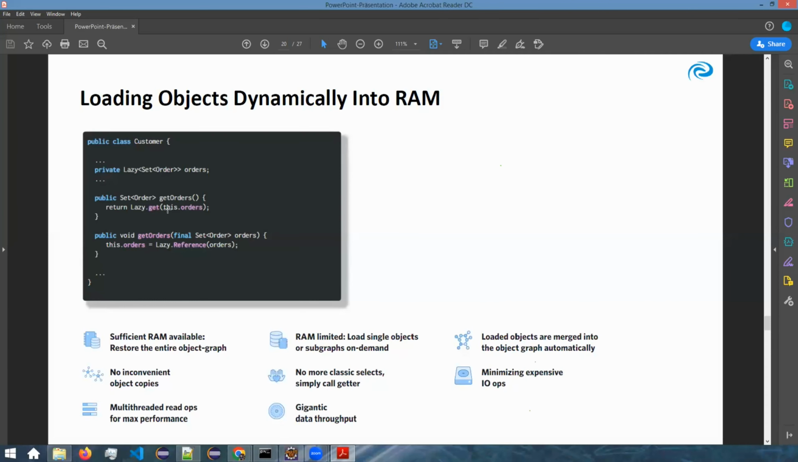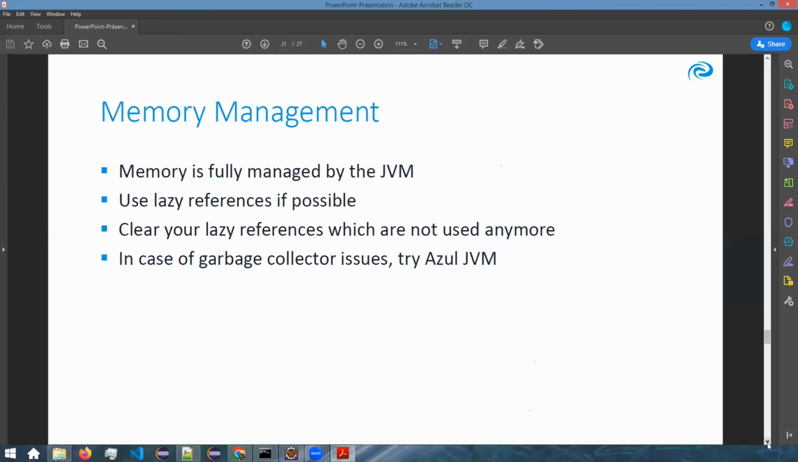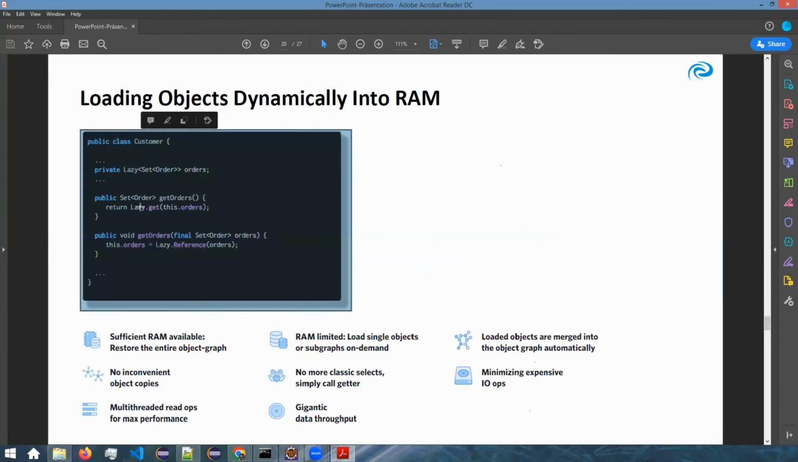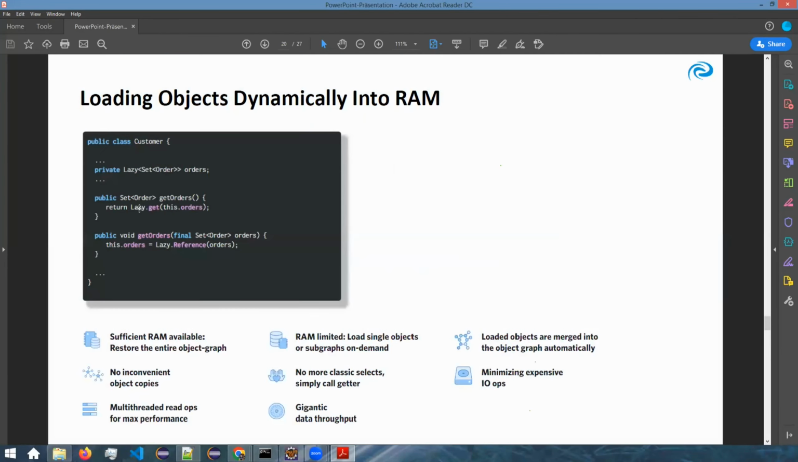So when you use MicroStream, you can simply call getter and get the object. No more classic selects or any fancy methods. So this lazy is the MicroStream keyword, right? It's a static class. Yeah, you can use this kind of code, so you can get the latest one